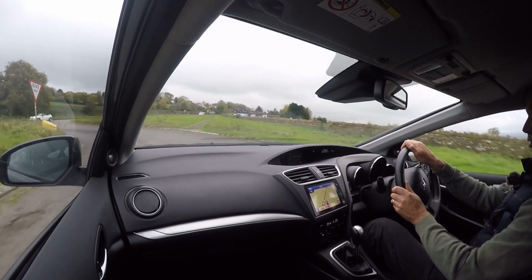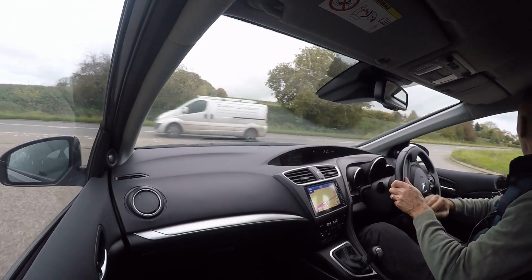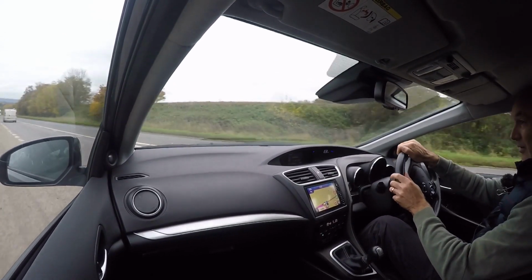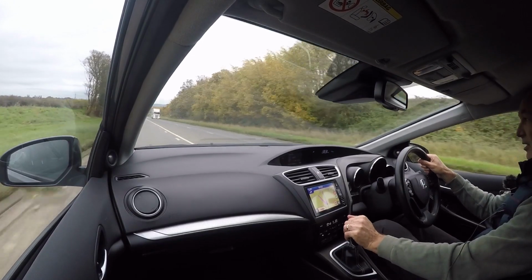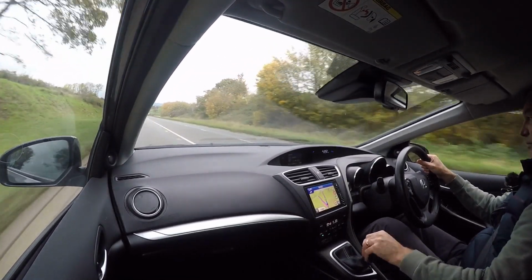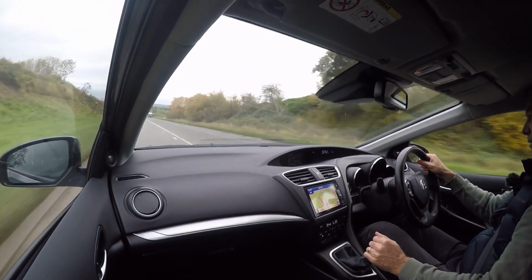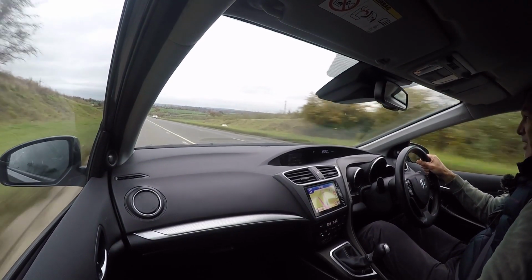Just going to get around the corner. Just go up to speed and give the brakes a bit of a shove as well. I try when I can to do this at the legal limit, so obviously it's working the brakes harder that way. So I'm just going to hold on to a couple of things and give the brakes a good old shove,